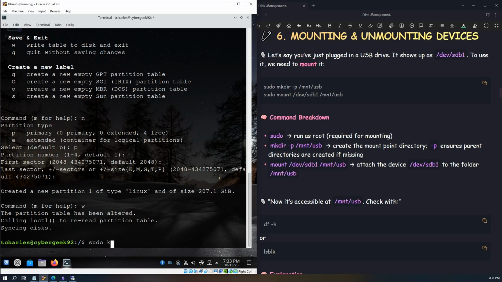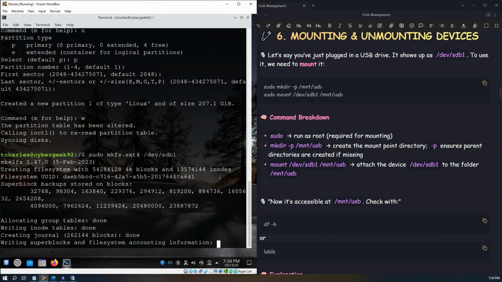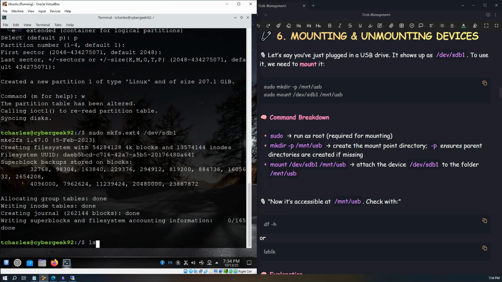So we're gonna do sudo mkfs, giving it a fourth generation extended file system, ext4, and we're also gonna put it at the same location, /dev/sdb1. Let's see if that is correct. Sudo mkfs.ext4 /dev/sdb1. Okay, so now if we do lsblk,